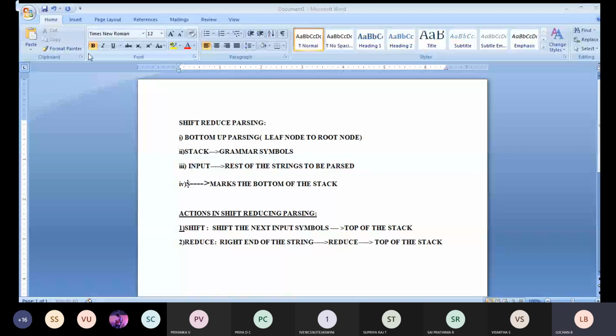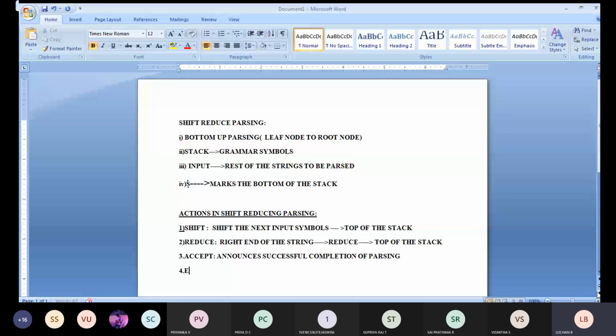Third point you will get is accept. Accept means announce successful completion of parsing. The third step is accept, which means the string is successfully accepted.